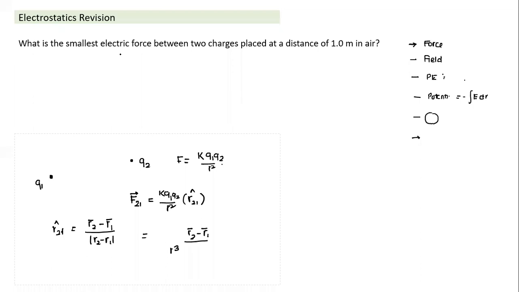What is the smallest electric force between two charges placed at a distance of 1 meter? So this is based on the two charges Q1 and Q2 placed at a distance of 1 meter, so this is about the basic law. And the law tells you the force between point charges only. It doesn't give it for any other shape. This is the magnitude of force, and just to recap, this constant term is 9 into 10 to the power 9 in SI units.